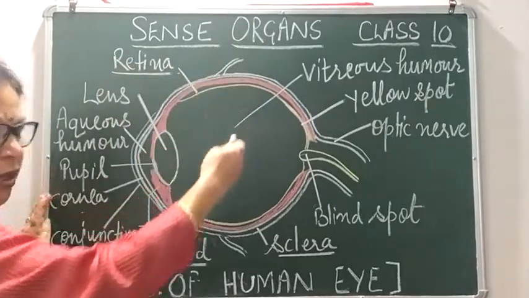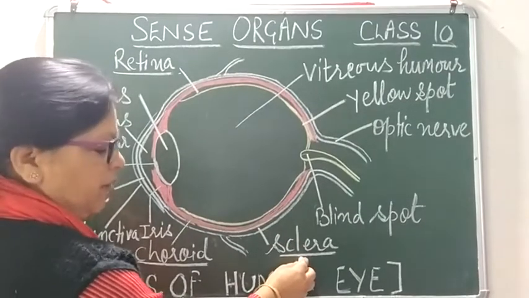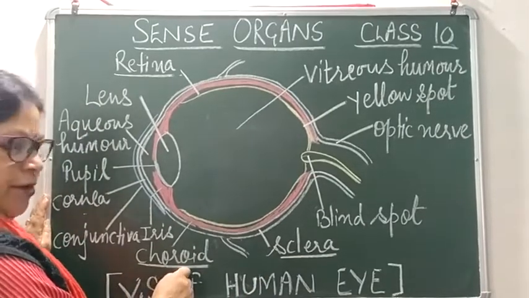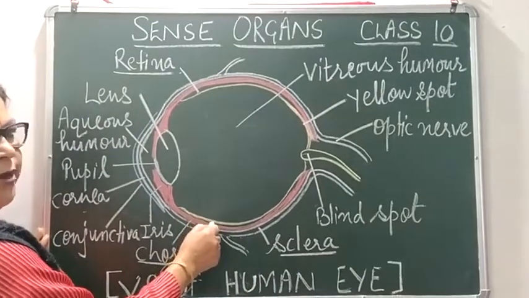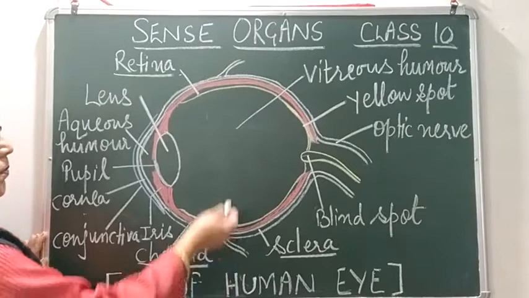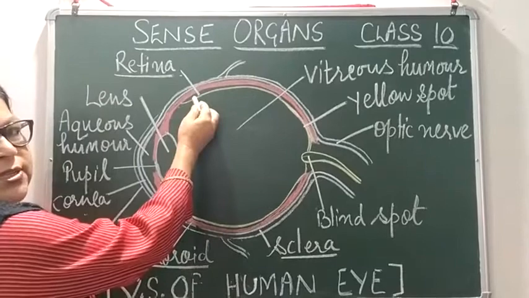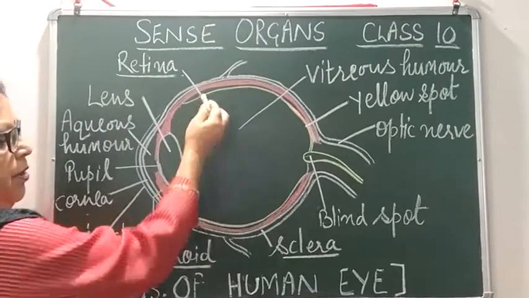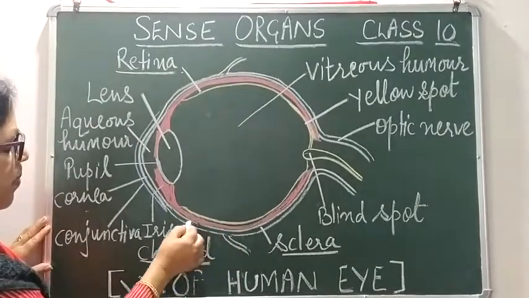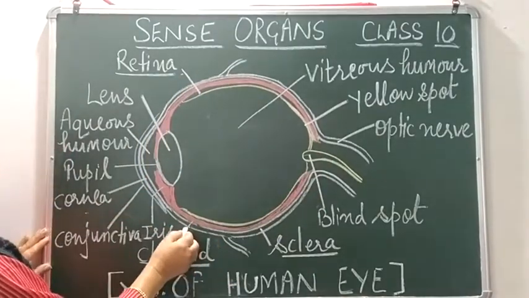So there are three protective membranes in the eye. First is the sclera, white in color, and it is made up of tough fibers. Second is choroid. Choroid is colored and richly supplied with blood vessels. That means it is nutritive in function. Third is retina, the innermost layer of the eye, and retina is sensitive to light. So these are three layers. Besides them, the sclera is continuous. That means in the whole eyeball it is protective.